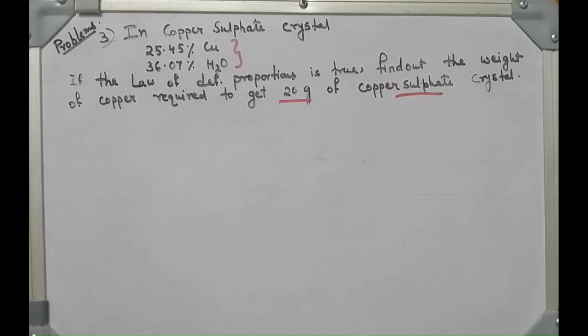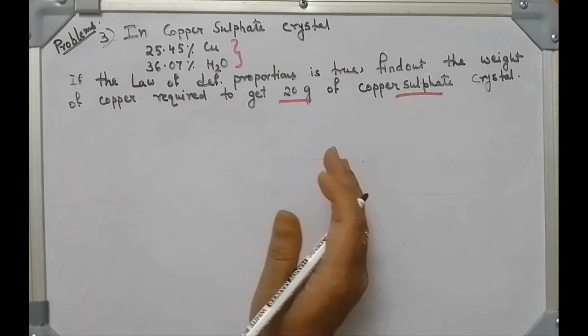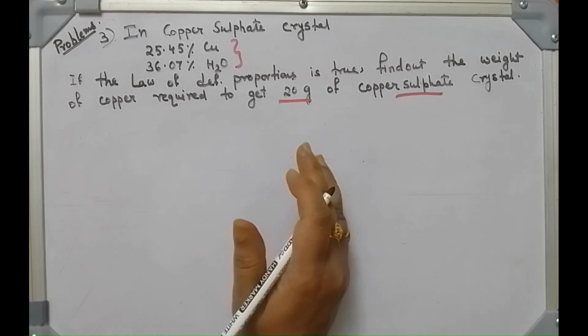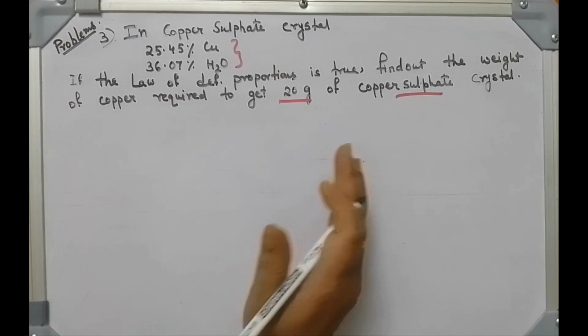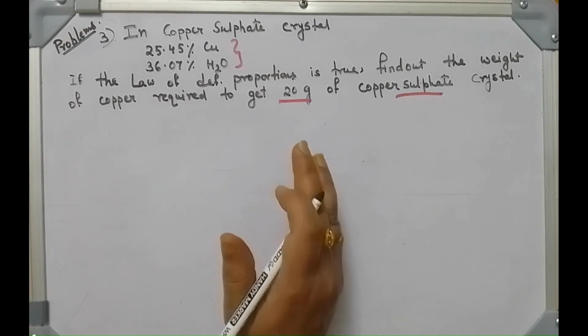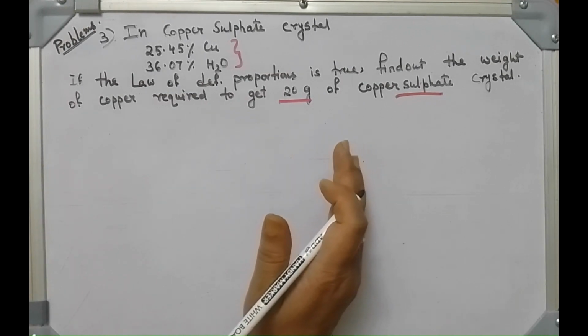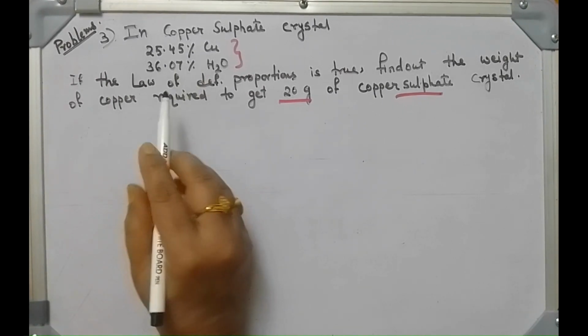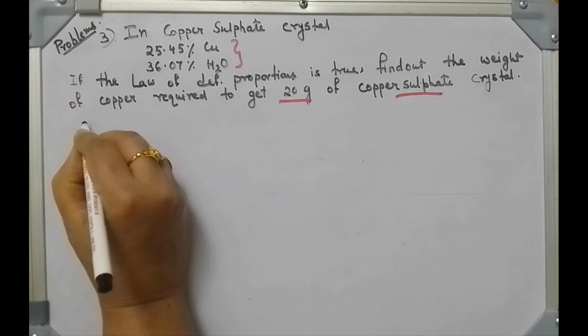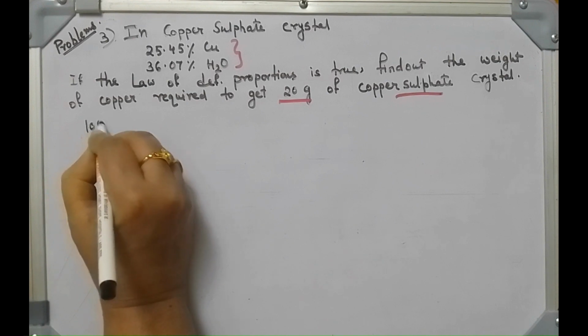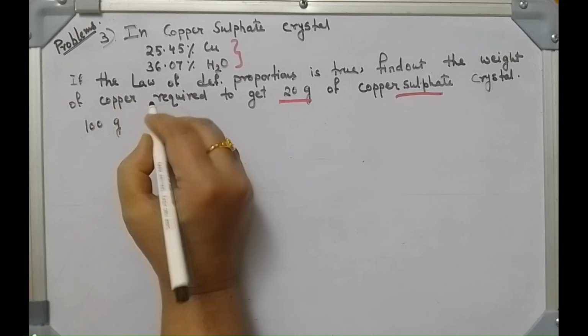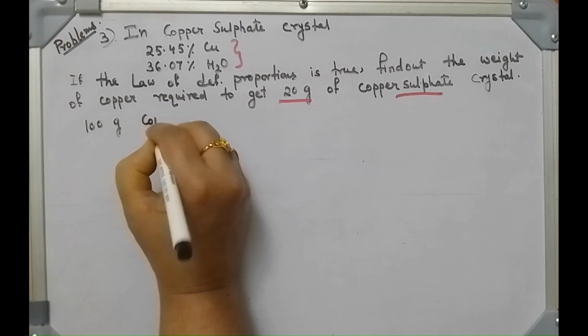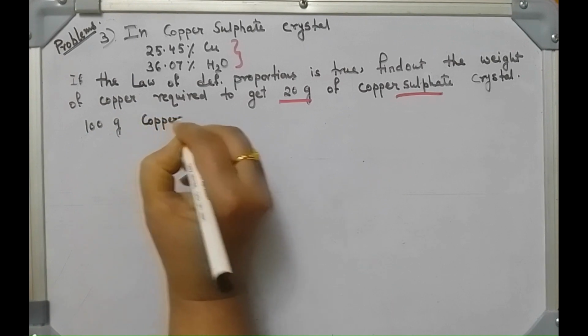Now you see, since the law of definite proportions is true, the percentage of elements present in any copper sulfate crystal must be the same. So it is given the percentage of copper. So we can write, 100 grams copper sulfate crystal